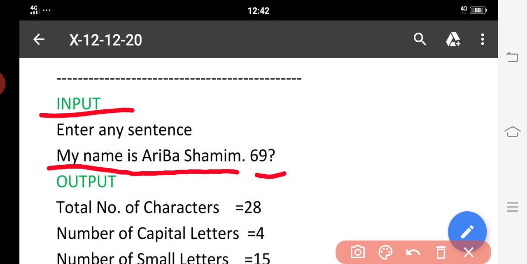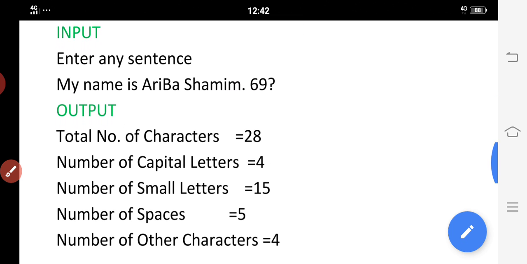It contains some capital letters, some small letters, a number of spaces, and some special, meaning other characters, for example here .69 question mark. That is question mark, 9, 6 and dot, 4 characters which are special.